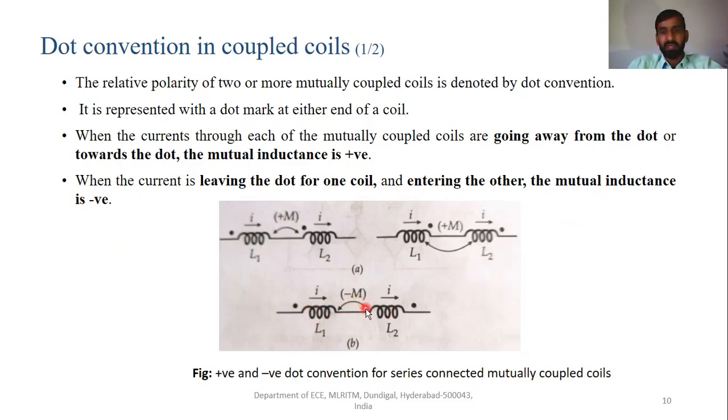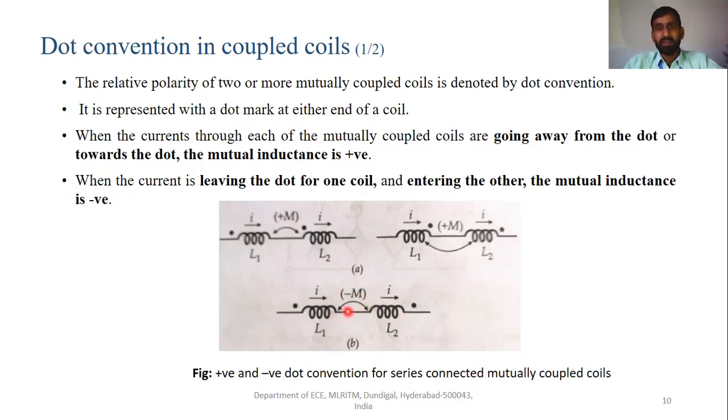If the mutual inductance is negative, it means that both the coupled coils are wound in a reverse manner to each other. If one coil winding is opposite to the other coil, obviously the magnetic flux acting with respect to each other is going to be opposite. So then the mutual inductance is going to be negative.